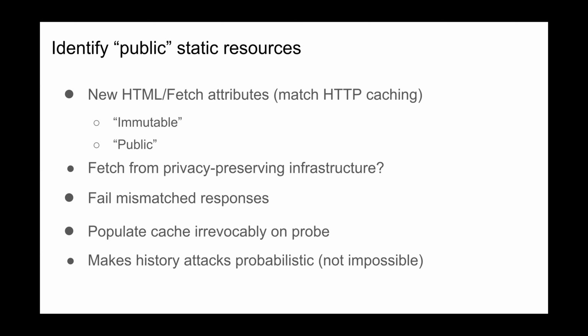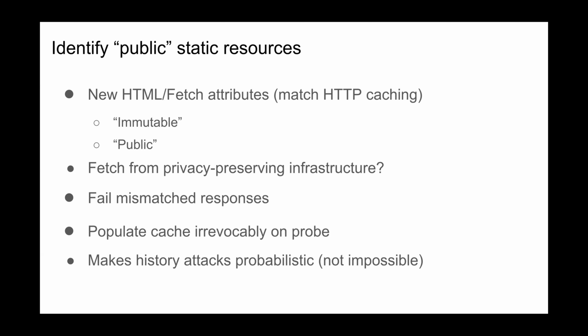Can we get to a point where we can then use that in a shared cache in a way that we know that it is pervasive, it's unmodified, and it's not targeting specific users? And we would add some logic where things that are marked as being immutable and public are not probable in the cache, beyond anytime you try to read an item that is set that way, it is indestructibly written to the cache so that you have a one-time read, effectively, of resources in the cache that qualify. It doesn't solve the problems. It makes them more probabilistic,